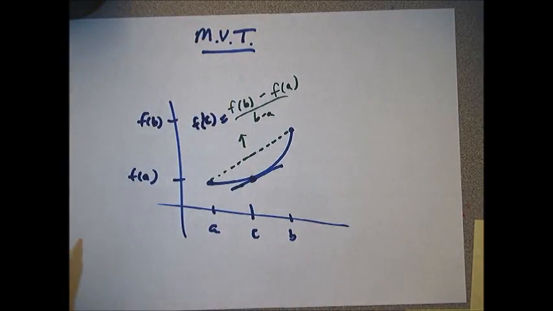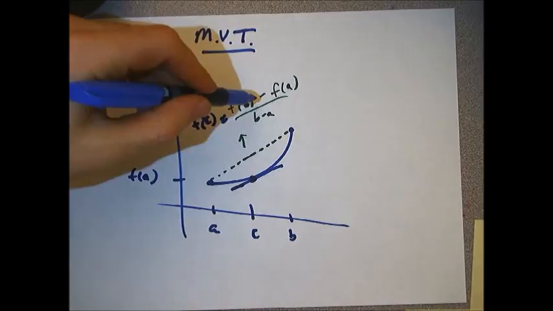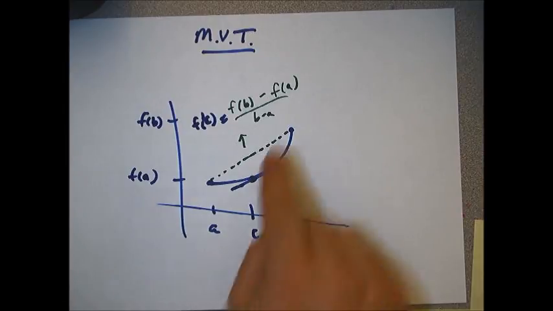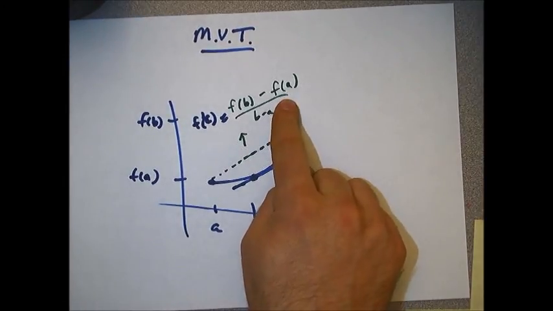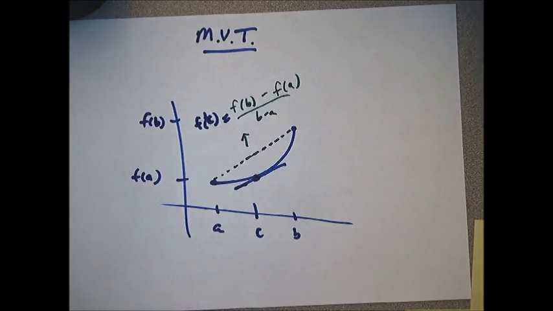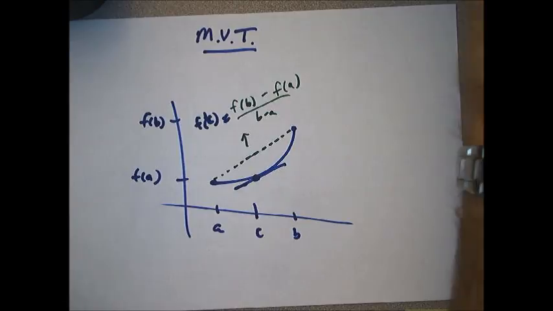So to do one of these problems, you're looking to find the normal slope and set it equal to, or make the tangent slope be the same thing. So if you want it to be the same thing, you're going to find the normal slope and then take a derivative and set it equal to, or force it to be equal to, whatever you just found in the average slope. So if we look at problem 5,